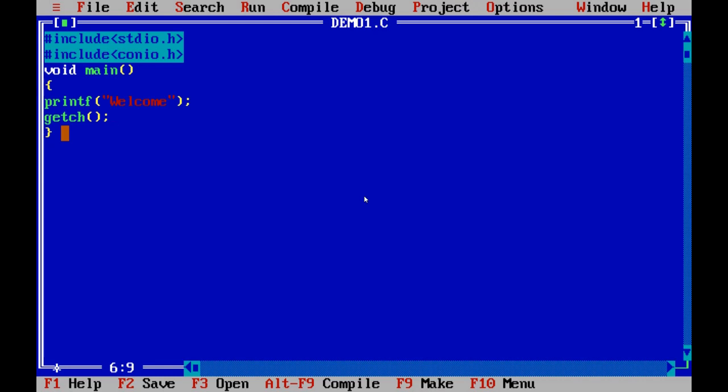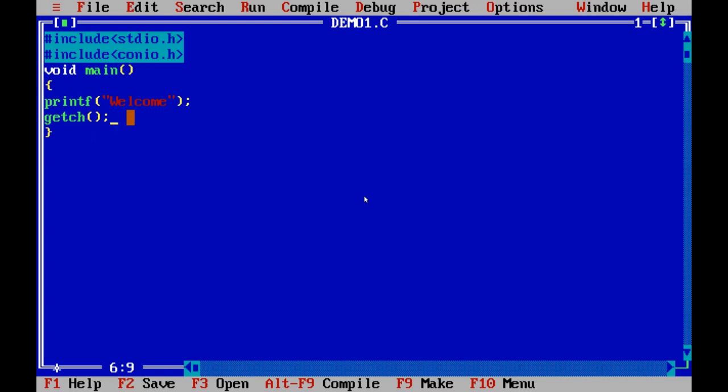Usually, the program execution starts from the main function only. Programs will be executed line by line only. So first execution starts from void main, and then it executes the first statement printf welcome. So welcome will be printed, and then the getch function will be executed.